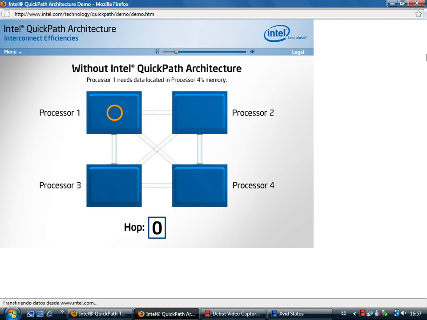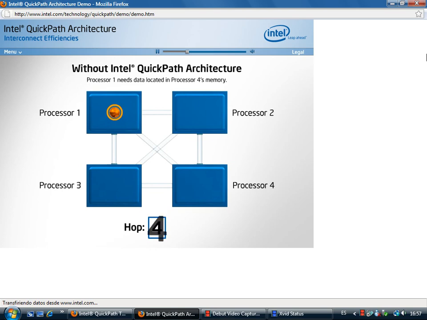Some architectures would request the data from Processor 4, which would then ask the remaining processors if they have a more recent instance of that data in their cache. The remaining processors would respond, and only then could Processor 4 deliver the data to Processor 1, requiring 4 hops